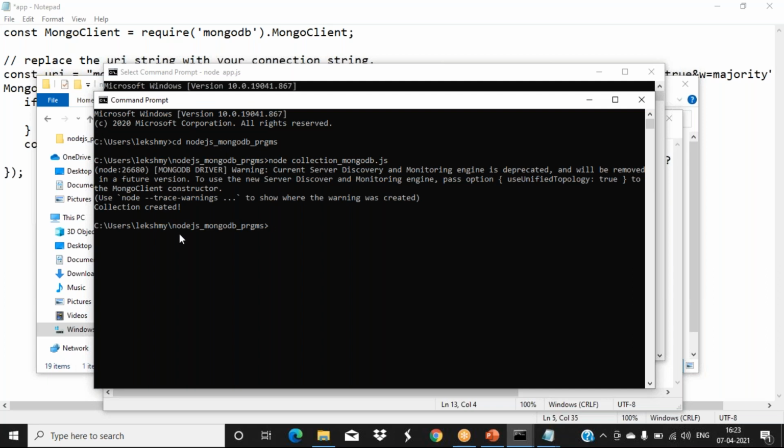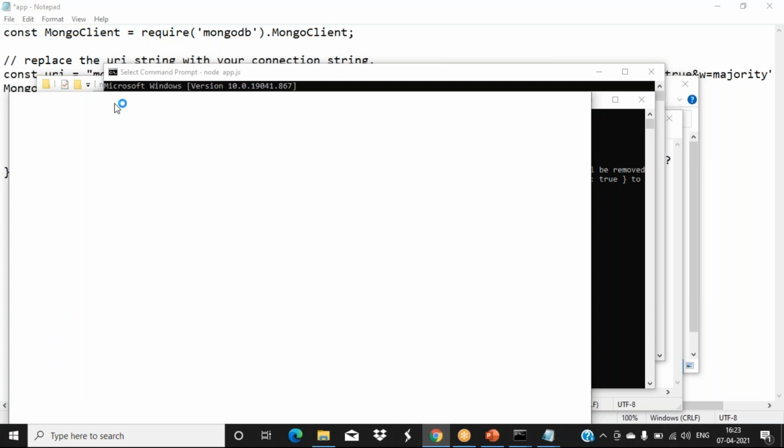So all the information which I gave was proper, so I got the message that the collection is created. Okay, we'll log in and see. Again, one more problem with how the database shows: when I'm using the database, only then will the name show, or when I'm using the collection, only then will the name show. Just creation, sometimes it will not show the name. Anyway, we'll see whether it is showing in our cloud.